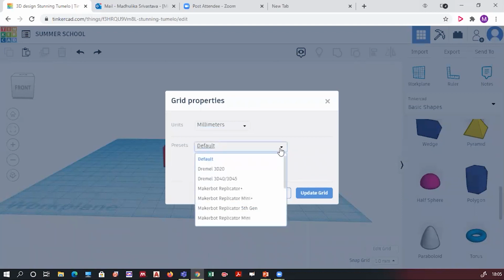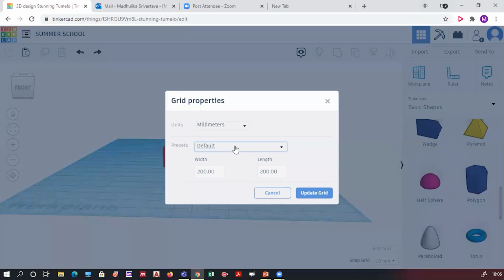There is also an option of different printer beds. I told you, you can change the work plane according to the printers you have. So these are some types of printer beds available that Tinkercad is compatible with. So it has an option to select that particular one. You can change and see how it works. Right now for me it's default.